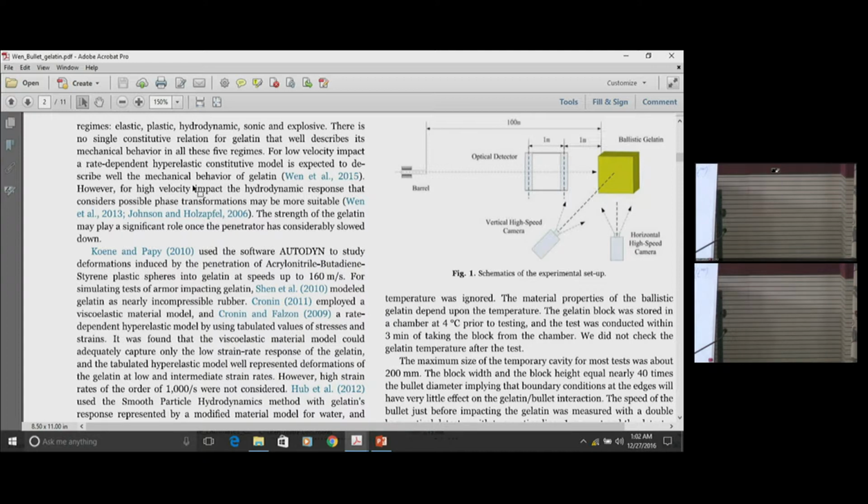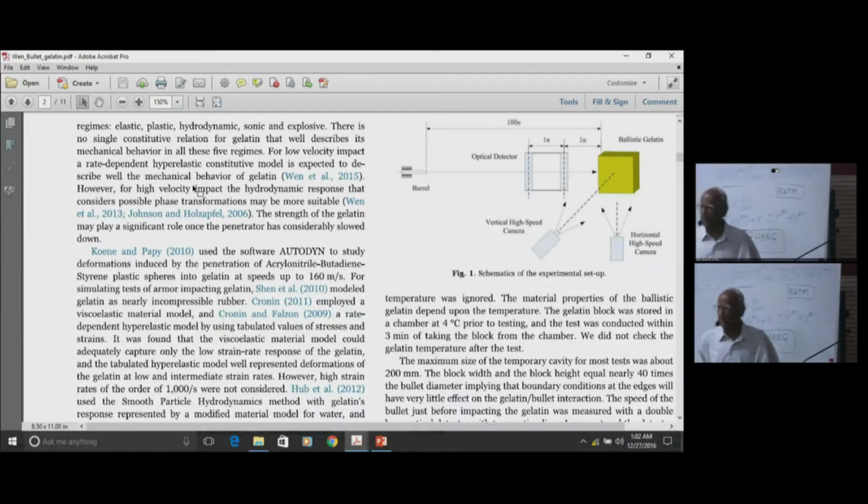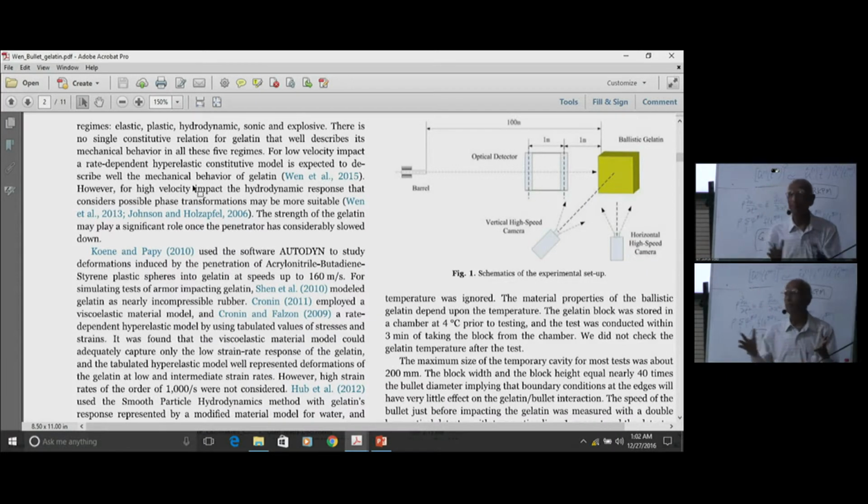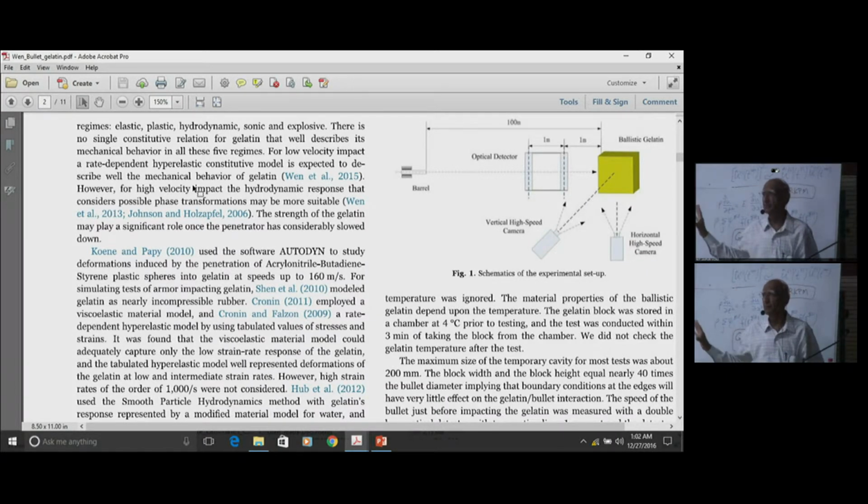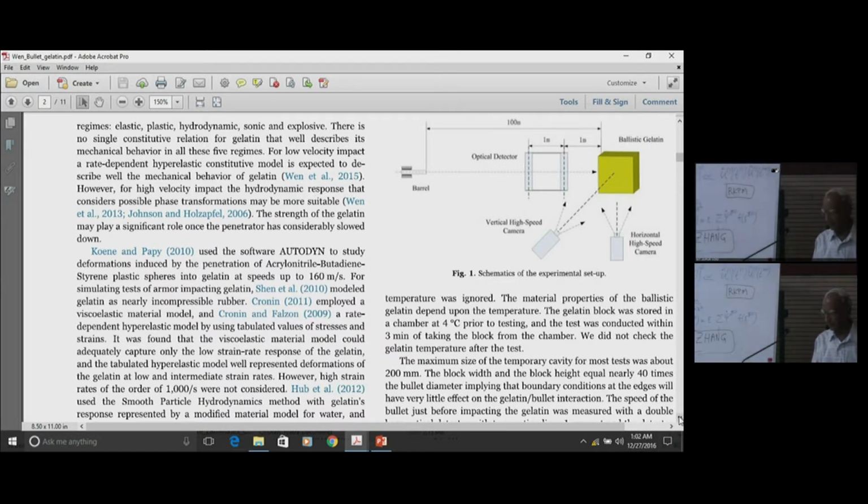You make it out of bone powder. So you take bones of animals or cadavers, and then you need to grind them into powder, mix it with the right amount of water at the right temperature, and make this test specimen. So this test specimen was hit by a bullet, and